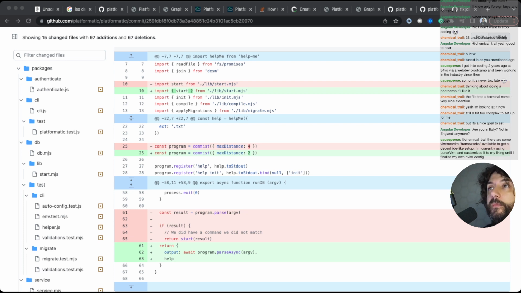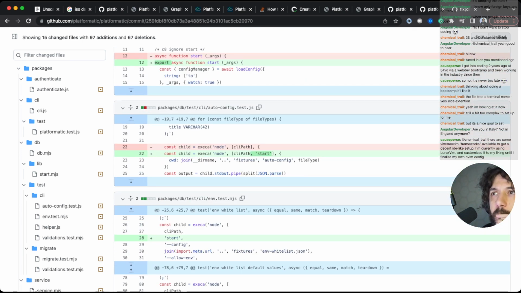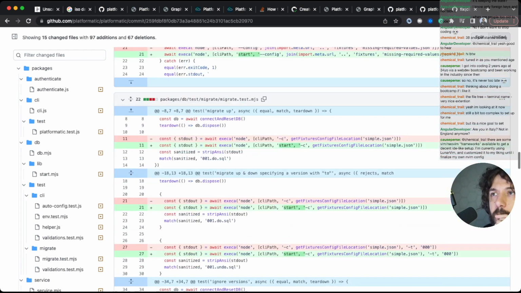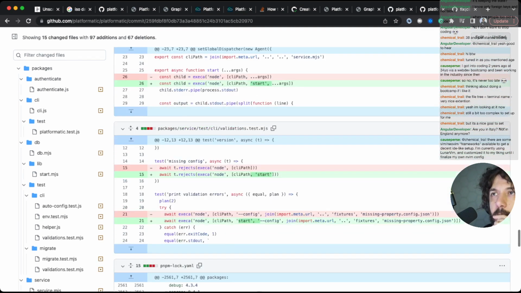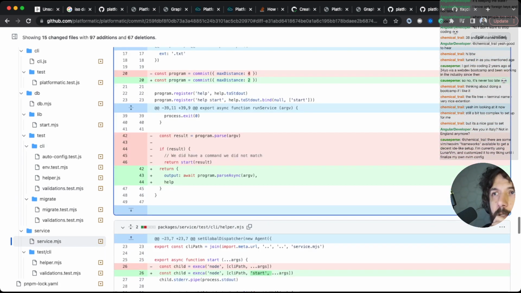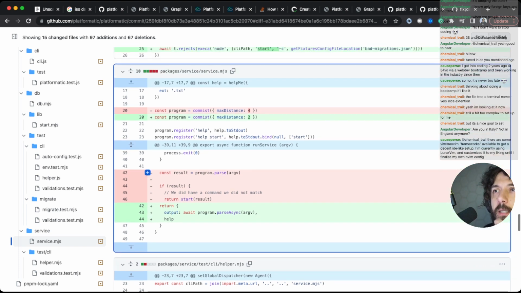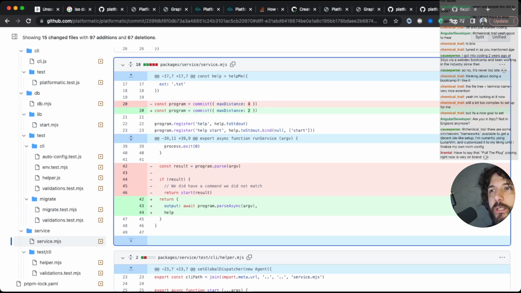Yay. This. It changes. Wait, parse async.